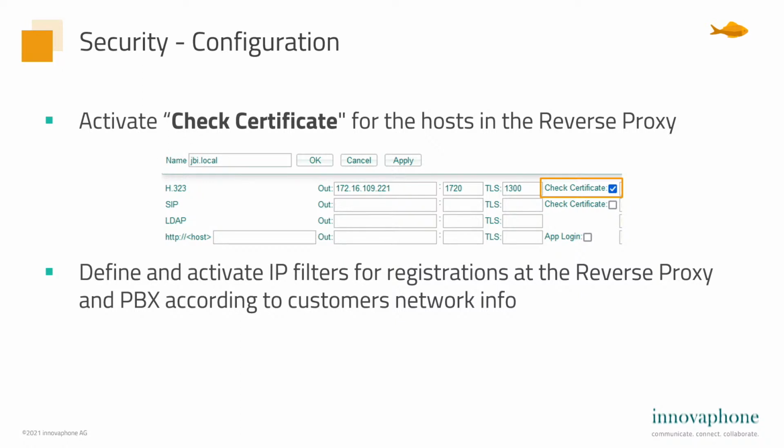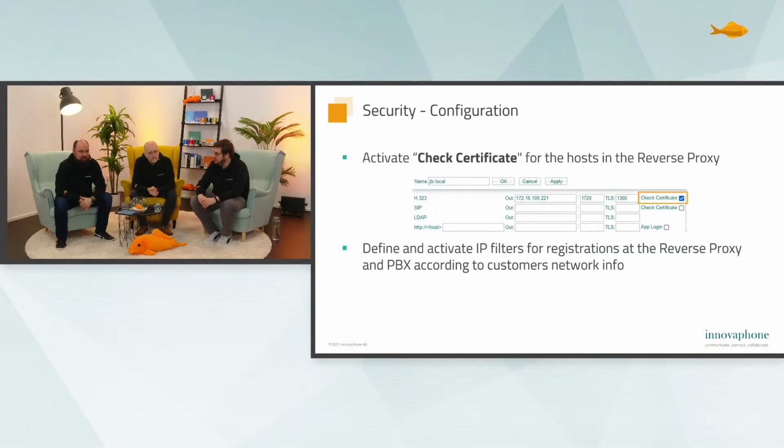So you can trick the PBX. The PBX will always trust the reverse proxy, and if the reverse proxy doesn't do its job without this option, then it will be completely transparent for the PBX. Okay. And we previously also talked about IP filters, and IP filters is something that you can also configure here in a reverse proxy,